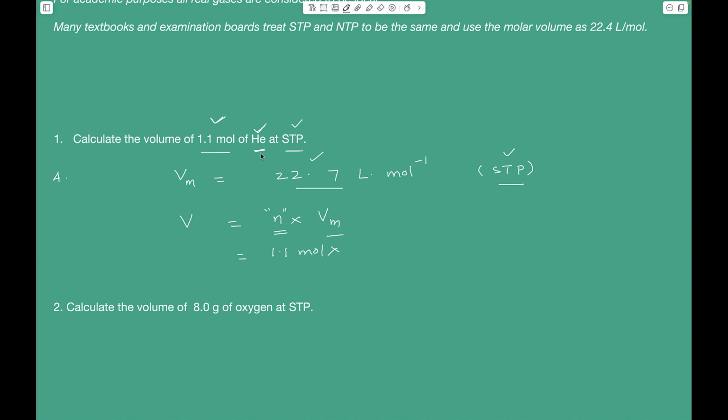If it is a gas, though it is a real gas, we treat it as an ideal gas. So take its molar volume at STP as 22.7 liter per mole. And these two get cancelled, and simplify this to get the volume of this sample of helium at STP in